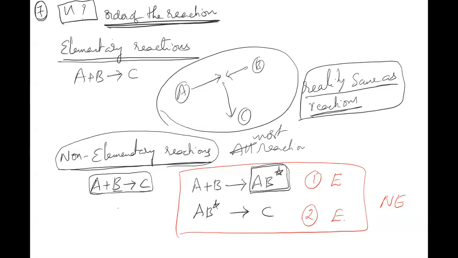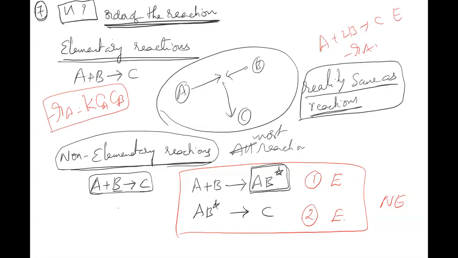If the reaction is elementary, life is simple, because I can write my rate as minus r equal to k C_A C_B, because the orders are proportional to the stoichiometric coefficients. Suppose you have a reaction A plus 2B gives C and it is elementary, then minus r_A is k C_A C_B squared. Simple. Why can I write it simply? Because I don't have any intermediate.